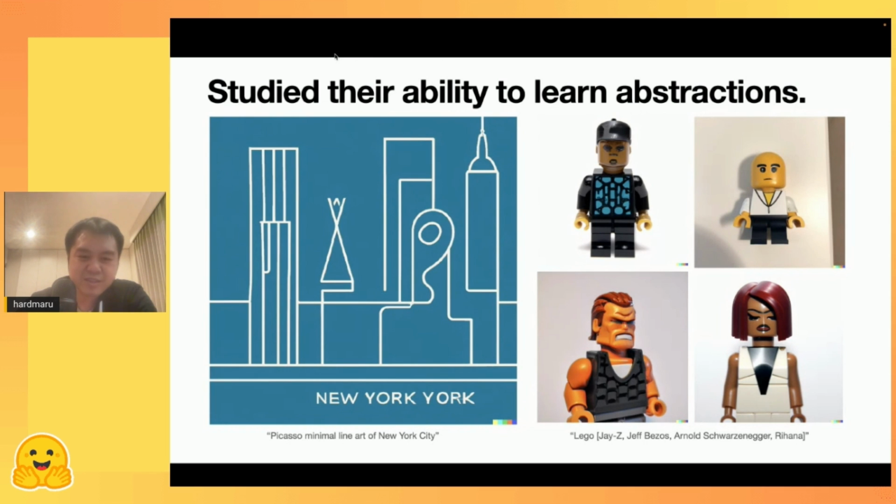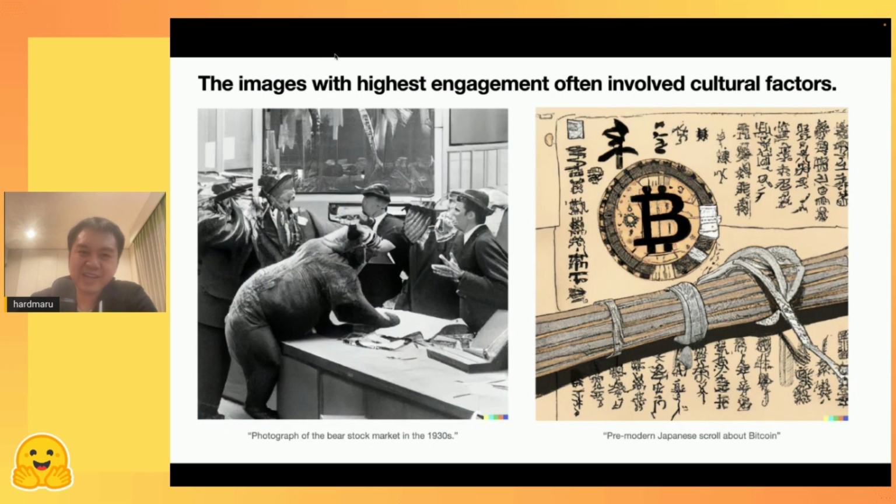We can ask DALL-E 2 to create a minimal line drawing of New York City, and it does that. It can create Lego figures of Jay-Z, Jeff Bezos, Arnold Schwarzenegger, and Rihanna. And it has to learn some abstract representation of Rihanna or Jeff Bezos or Jay-Z to make Lego figures from them. So I think these are pretty convincing examples that they're able to learn abstractions.